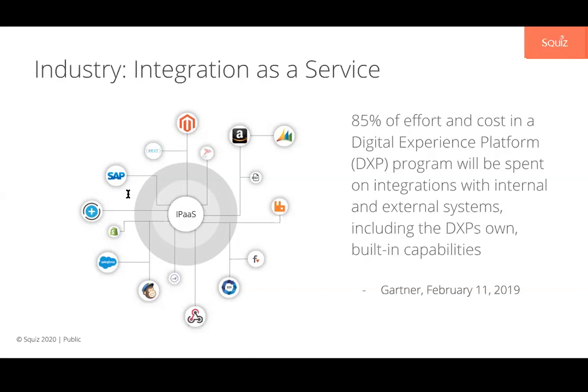The big change that's happened in the market is the rise of integrations as a service platforms. So these are tools that make integration massively cheaper. It's run in the cloud, it's a platform. It also visualizes these integrations, so it's possible for people who aren't developers to see how all the pieces are connected together. It provides a level of quality control and maintainability with these integrations. And importantly, it makes it possible for developers to work much, much faster. It also enables technically minded people who aren't developers to create integrations.